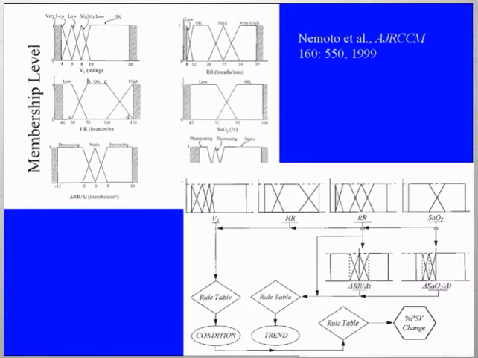So we end up with a structure, the algorithm that we used took the tidal volume, heart rate, respiratory rate, and O2 sat, and the rates of change of heart rate, of respiratory rate and O2 sat. And from that came up with 2 quantities which we defined as the patient condition and the trend in the patient condition through a set of rule tables. And through a subsequent rule table, we then came up with a specific recommendation for how the level of pressure